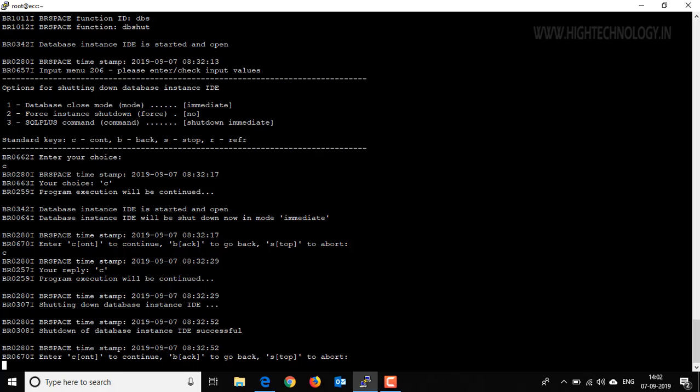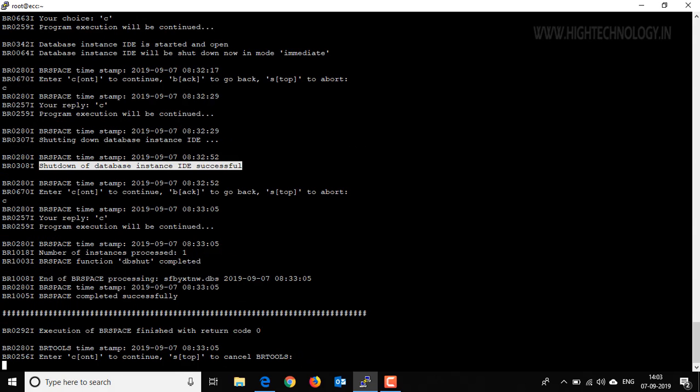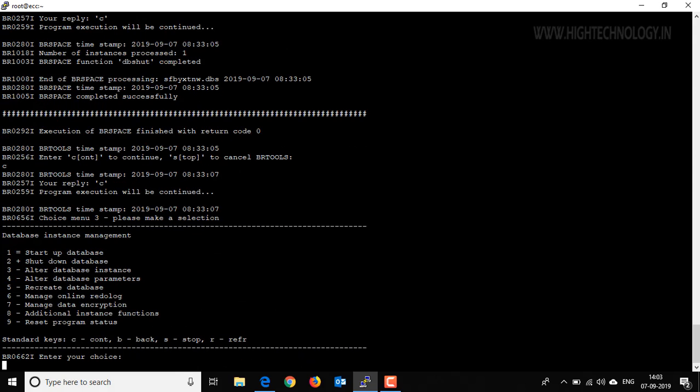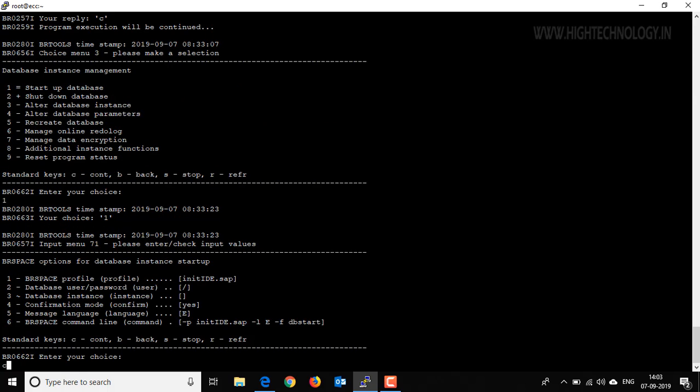Okay, so our database shutdown is successful. Here you can check that the shutdown of database instance ID is successful. So type C to continue, again type C to continue, and now we are going to start our database. Type 1 here, and here you are able to see the plus mark, because this particular function we have used earlier, so that's why it is showing a plus sign here. So type 1 to start the database, again type C,